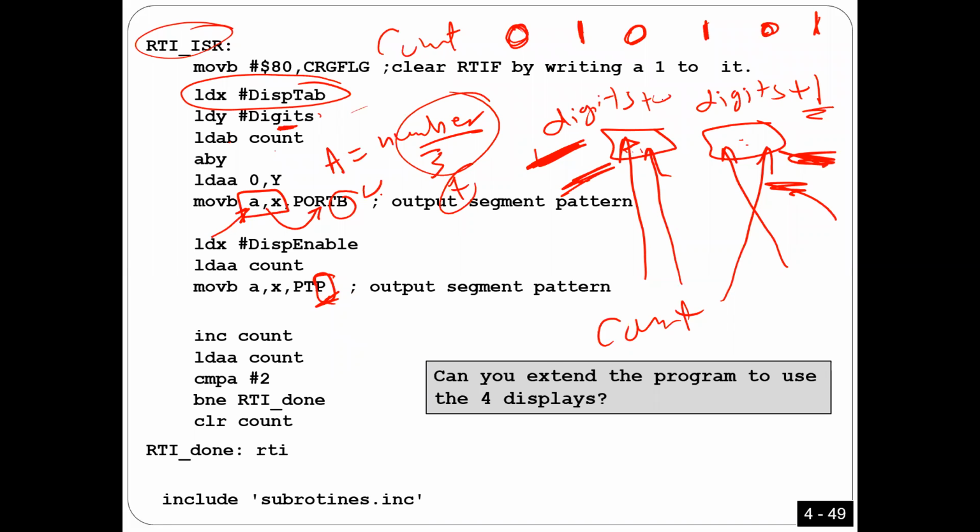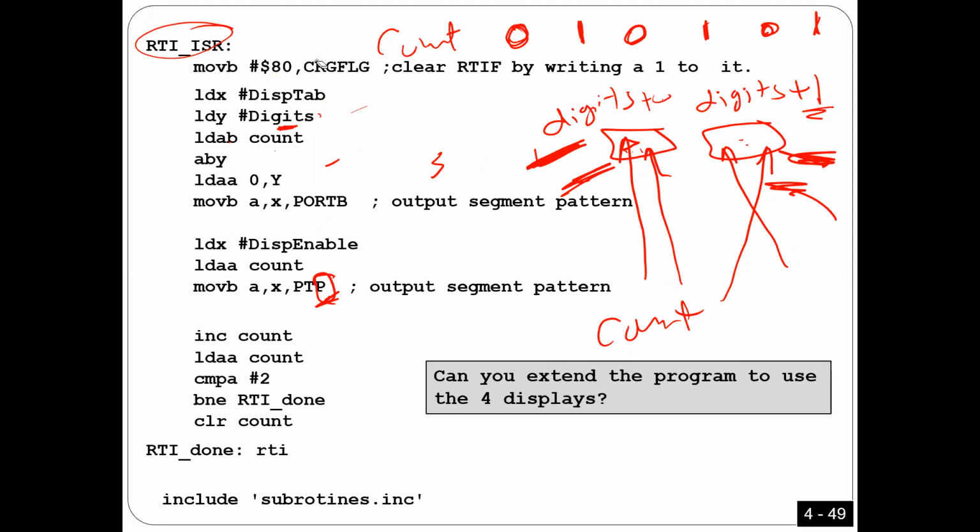Okay, so that's what I'm gonna do now. So here, this part here. Look here, guys. What I'm gonna do now, as I said, here is the beginning address, and then this is count. All I have to do is take the beginning address plus count and send it to port P,